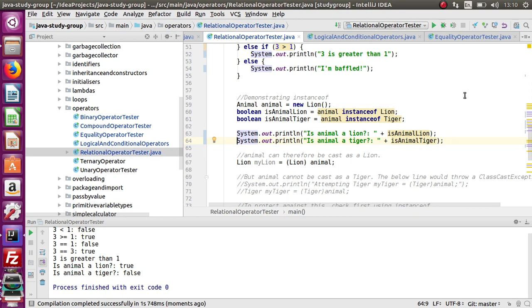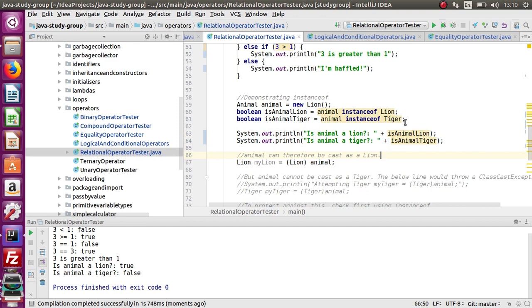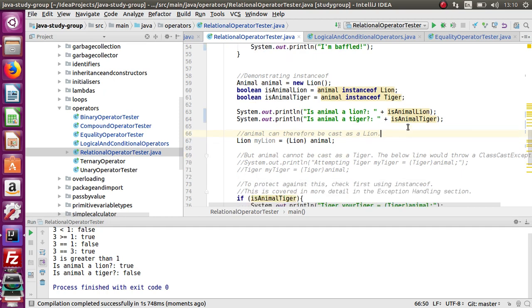And so yeah, it's what we expected. So it is a lion and it's not a tiger. Peter said this reminds me of when we did the sessions last year, and we got a bit confused about this: is a lion an animal or a tiger? But we're going back to that again, because what you can do is, once you know it is actually a